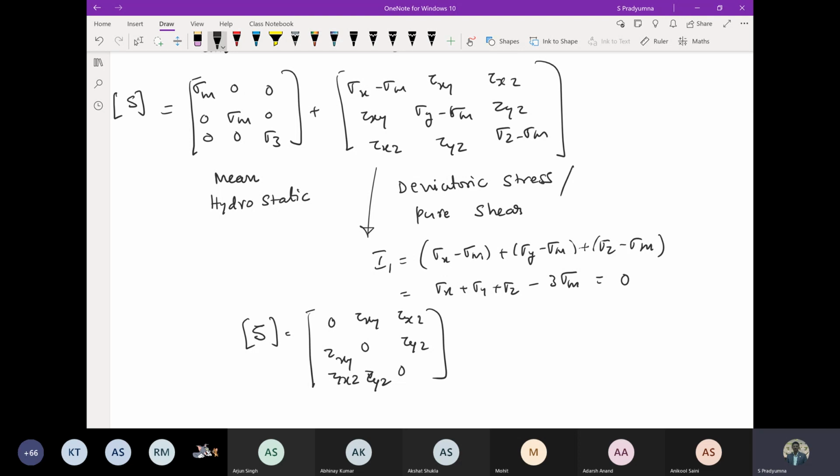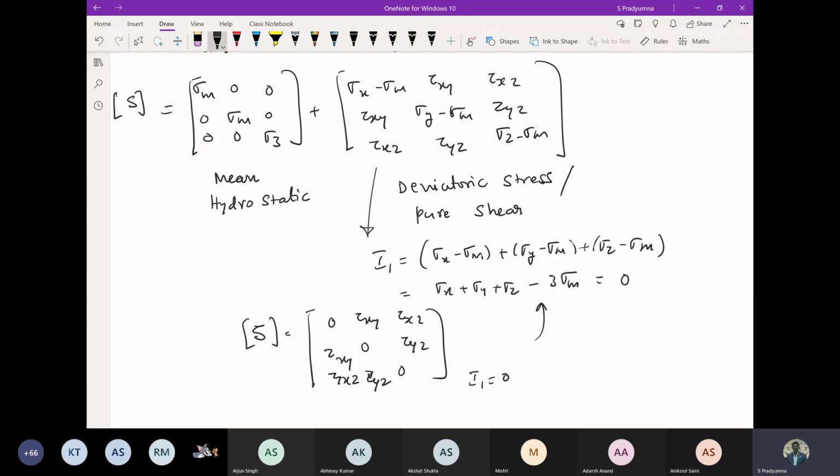That means if you get at least one particular set of axes like this, you call it pure shear, in which sigma x, sigma y, sigma z are 0. It may exist, it may not exist, but this is the way we find it. So if it exists, then it is called a pure shear state. On this pure shear state, I know that I1 is equal to 0. So whenever the first invariant of the stress matrix is 0, we call it the pure shear case. Only if I1 is 0, otherwise it is not.